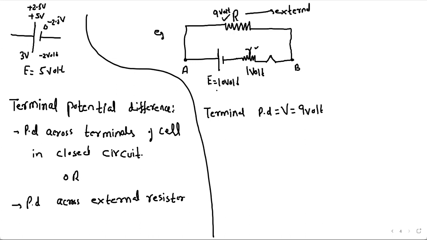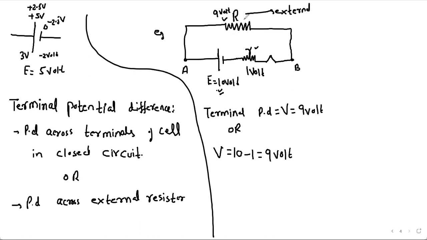This is the potential difference across the external resistance. There's one more method to calculate the terminal potential difference: you can write your terminal potential difference V as the total EMF of the cell minus the potential difference across this internal resistance. The EMF of the cell is 10 volt. Potential difference across the internal resistance of the cell is 1 volt, and the remaining is 9. And this remaining is across this external resistance capital R. That's 9. So that's terminal potential difference.